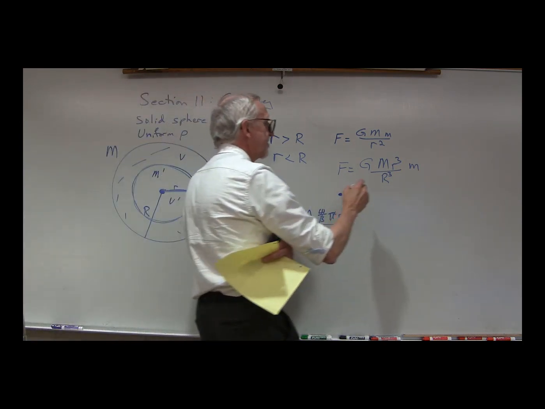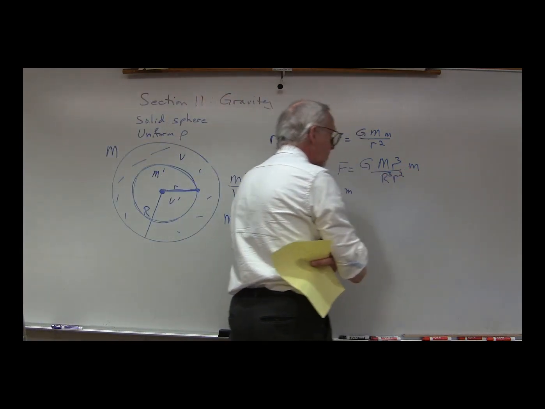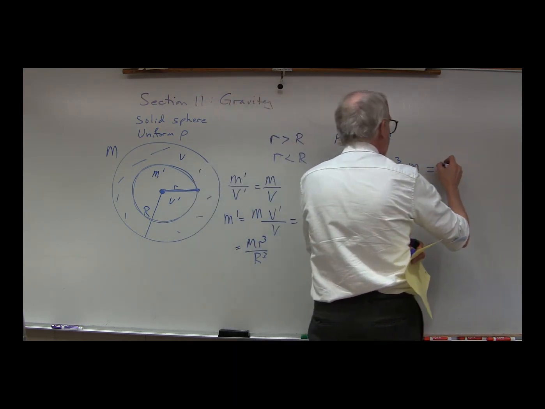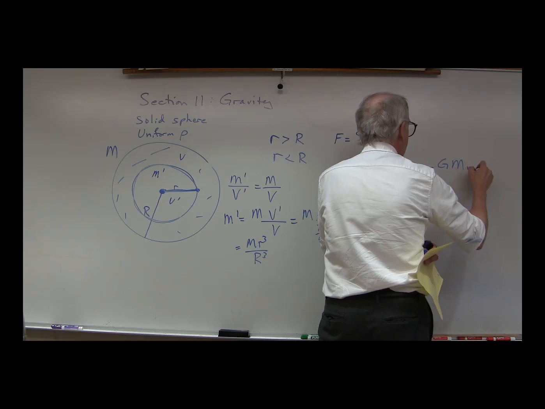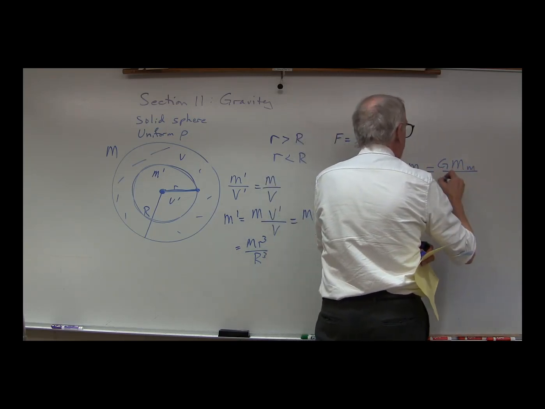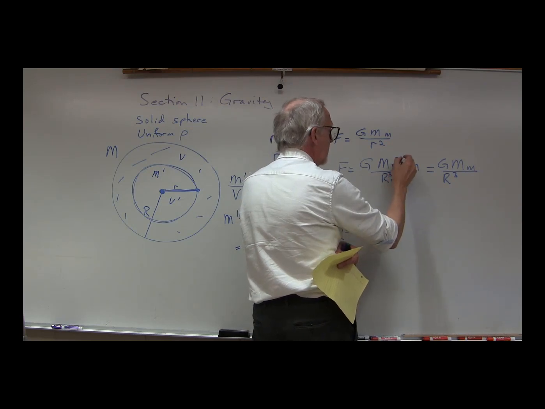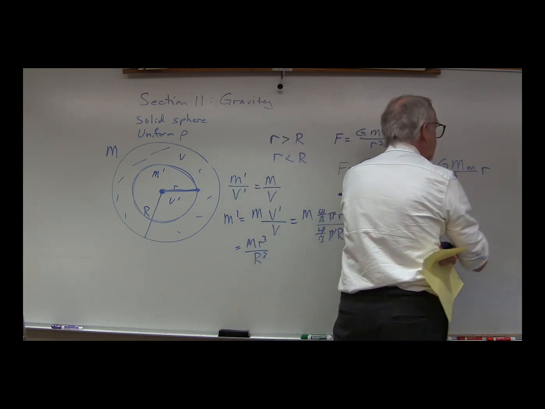So we still have to divide by little r squared. And what do we end up with? Well, we end up with G, big M, little m, over capital R cubed,